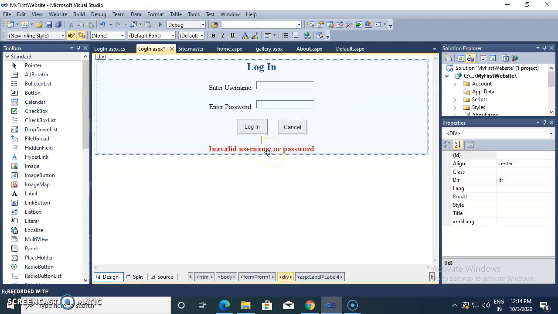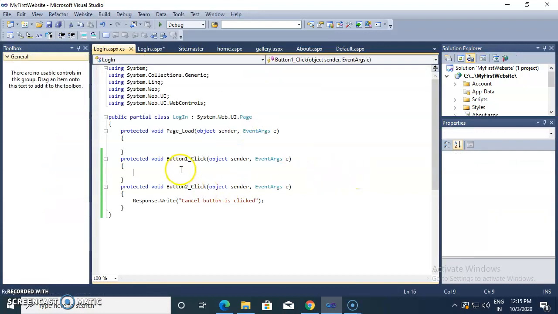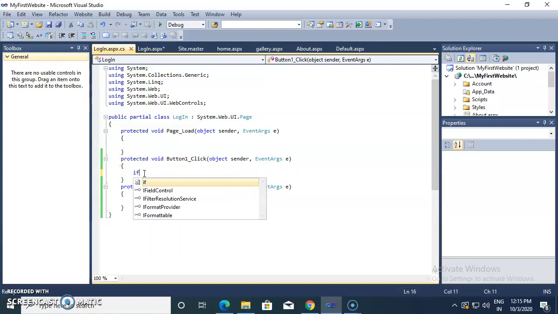Then how do we display this label? By setting the visible property as true. So how can we set or change the properties at runtime? By using C# coding. Now if I go to the button one click event, this method, we check the values